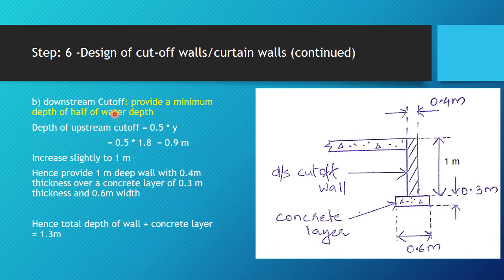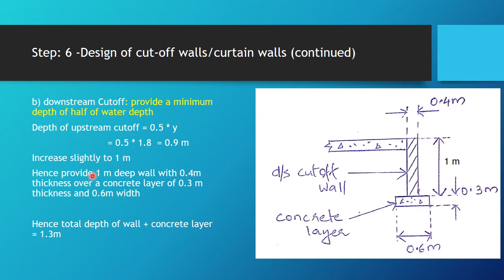Now next is downstream cutoff. Here also similarly the minimum depth of half of water depth should be provided, and therefore depth of downstream cutoff is equal to half of water depth, that is 0.5 into y, that is 0.5 into 1.8, that is equal to 0.9 meters. So we are going to increase that value 0.9 because it is a minimum value, so increase